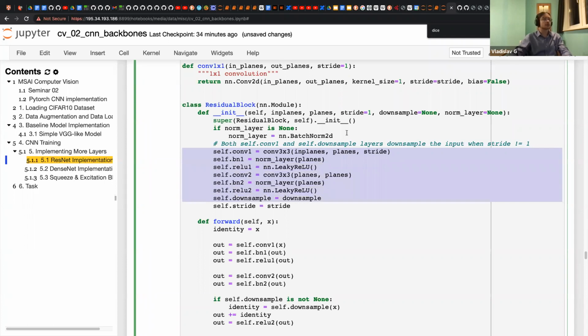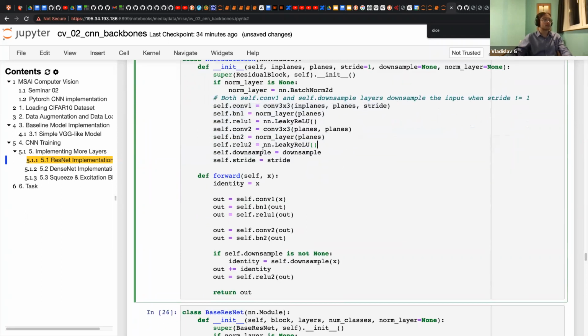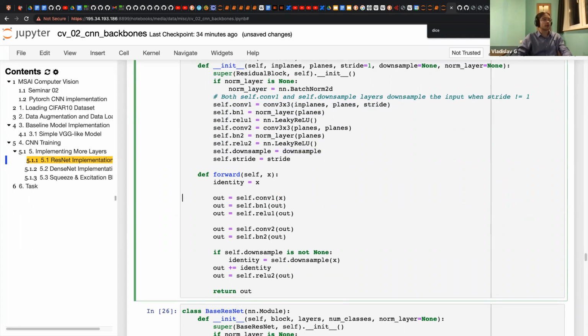And another thing is downsample. Downsample is a pooling layer. And we apply it like this: convolution, batch norm, ReLU, convolution, batch norm. And if we downsample, we apply it and add identity, so the original value of x, and then we activate it.